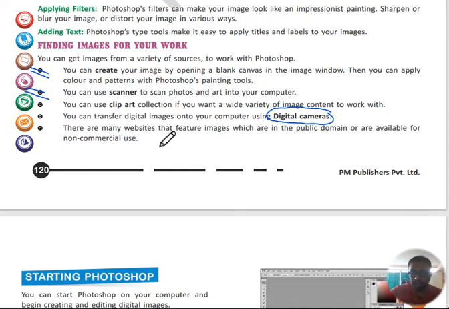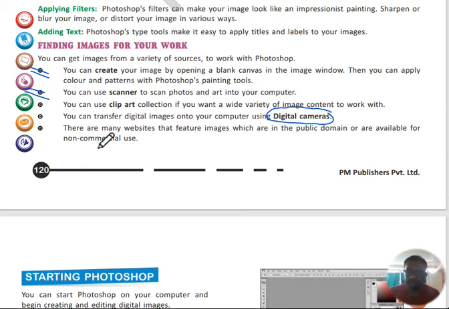A digital camera or DSLR will be the best alternative for editing pictures in Photoshop, because the pictures will never get distorted. So these two are the main alternatives that you must use, digital cameras or DSLR.